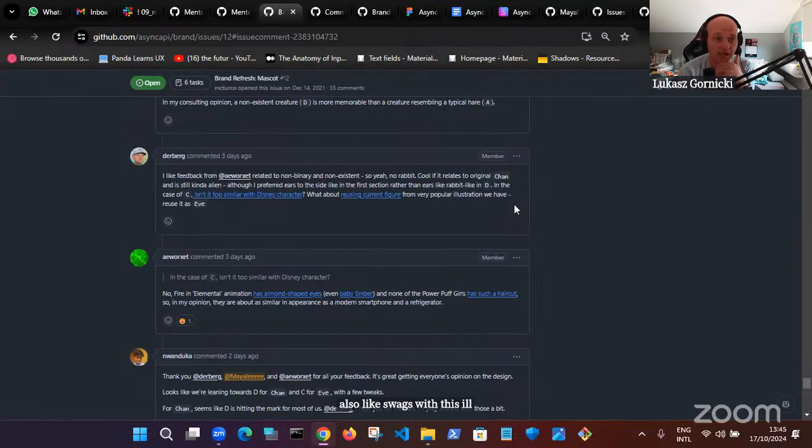And because of how colorful and how cool the illustration is, the stickers and the stuff around it are actually very popular.